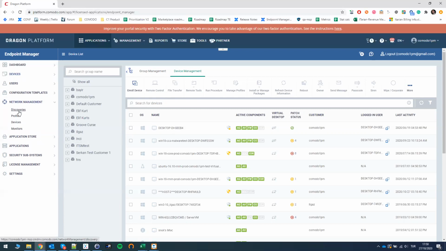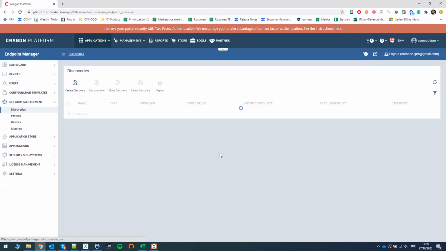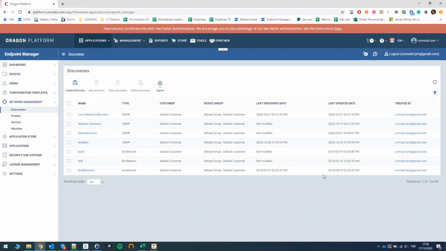So network management is a more compact remote monitoring and management way of being able to monitor your network devices